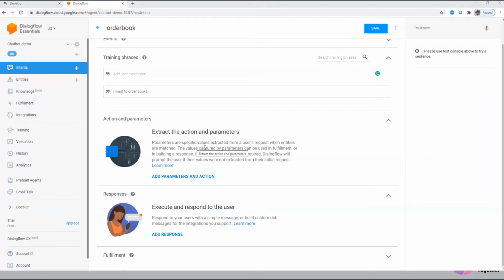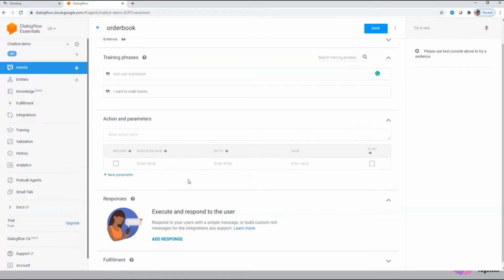My intention is to show you how you can create this parameter, capture the value, and once that value has been captured, what will actually be shown to the user. So let's start creating the parameters. Your first parameter will be the book name, and then I'll say,